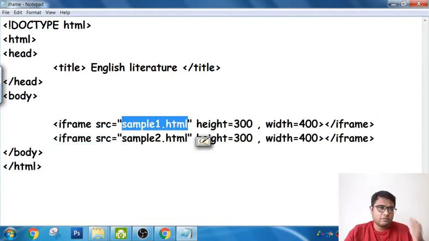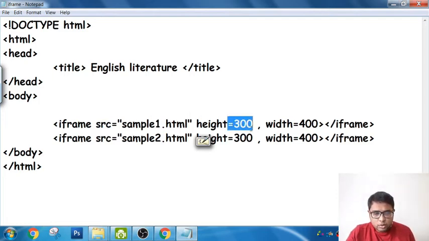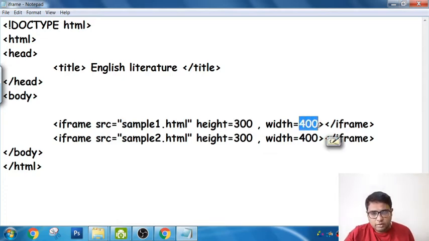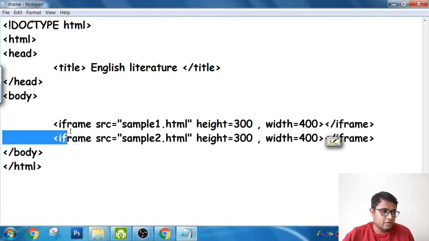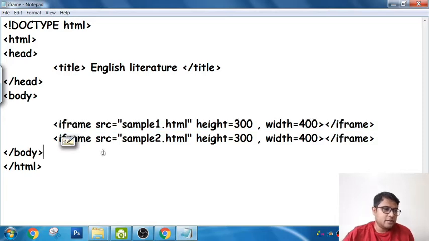So this is my first file, sample1.html. The height of the file is 300 pixel and the width of the file is 400 pixel. And then I close my first iframe. This is my first iframe. Okay, then I have written the second one,